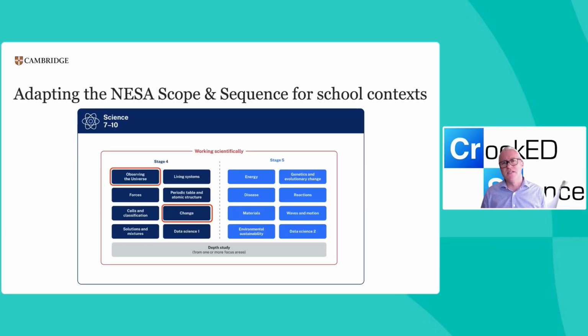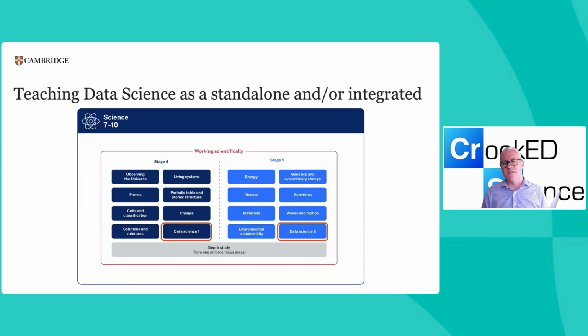But the big thing to consider for the scope and sequence is data science. So we've got data science. It's new in terms of focus areas or modules. Obviously, we've been using data in science teaching since forever. But this is presented as a whole term focus area at the end of year 8 and at the end